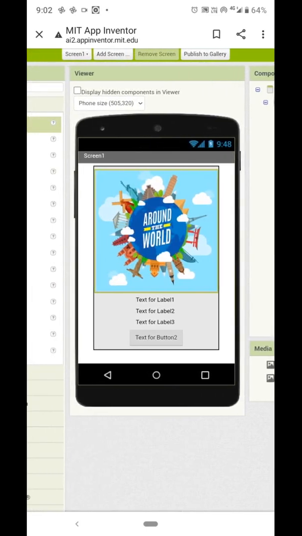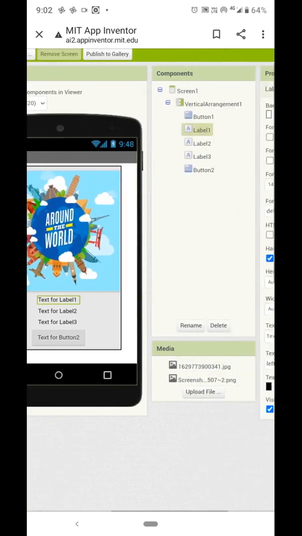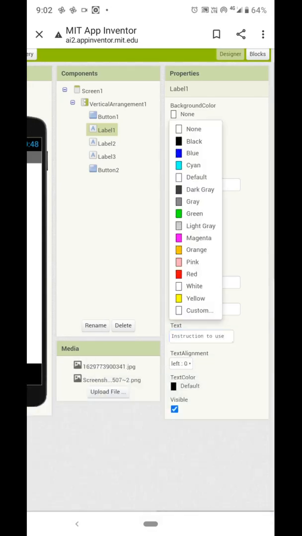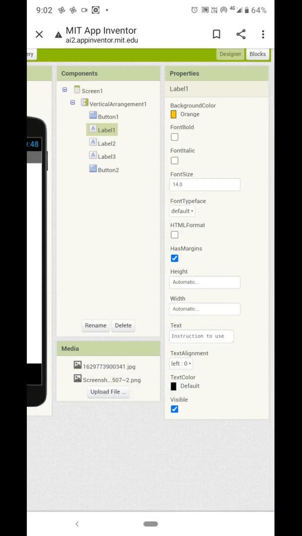Then for label 1, type instruction to use. Change the background color of the label to orange. Make it bold, italic.